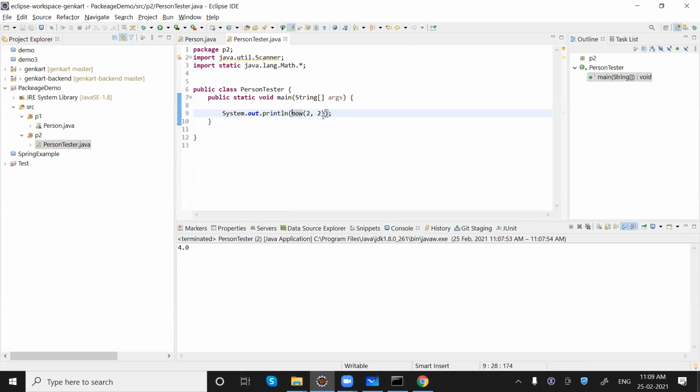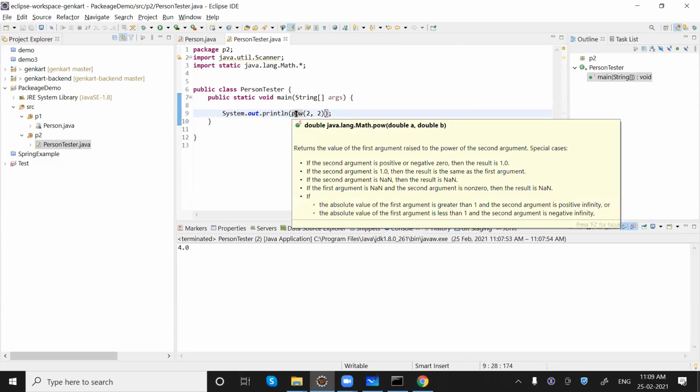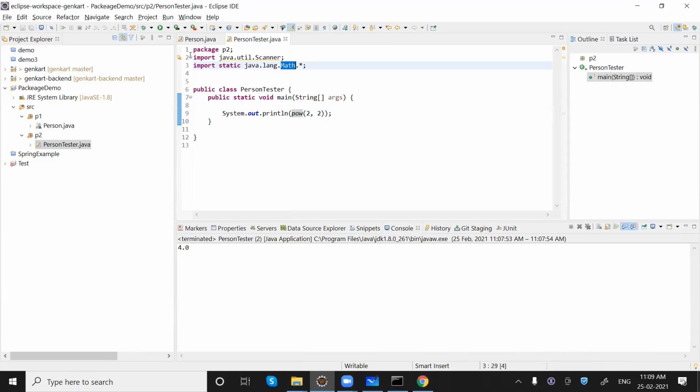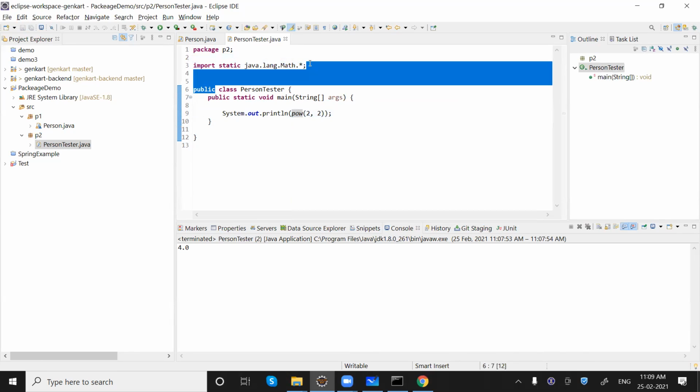We can use it like this. This particular function will be looked up by Java itself in the class we import statically. So we don't really need to tell the name of the class from which this function would be called. That is static import.